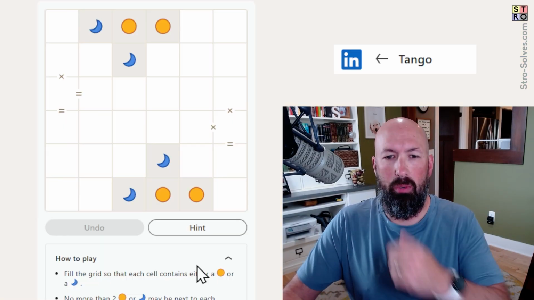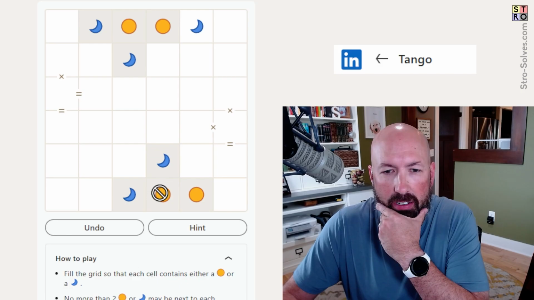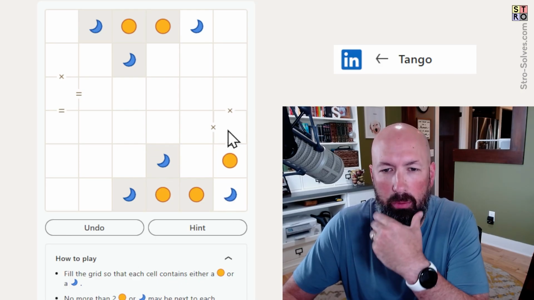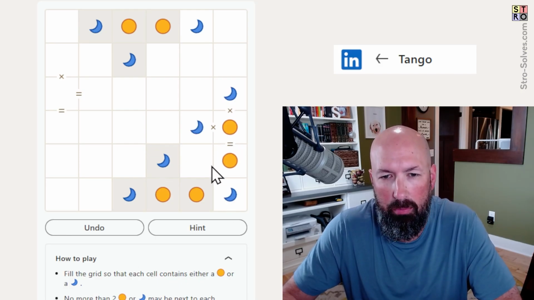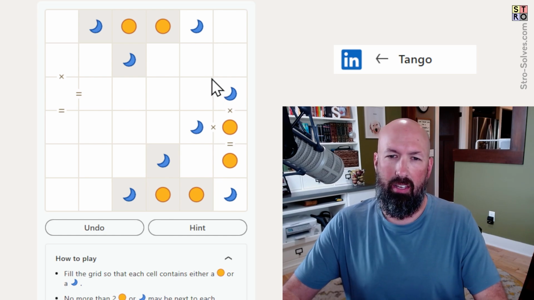Okay, let's see how we do with Tango. We've got a double there. We've got a double here. Now the equals has to be suns. We got moons from the X's. And then,